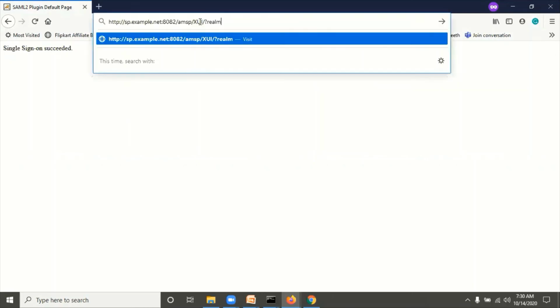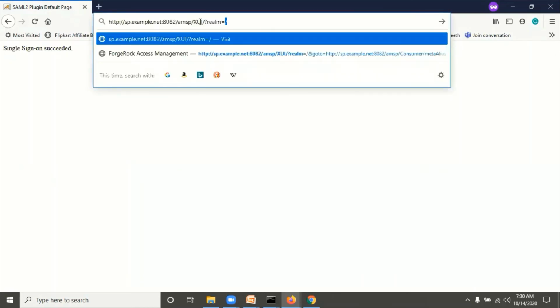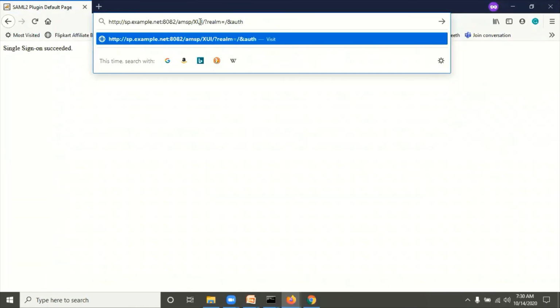Single sign-on succeeded. Now try to access the same application again, like slash realm, auth index type equal to module and auth index value equal to SAML2 test new.